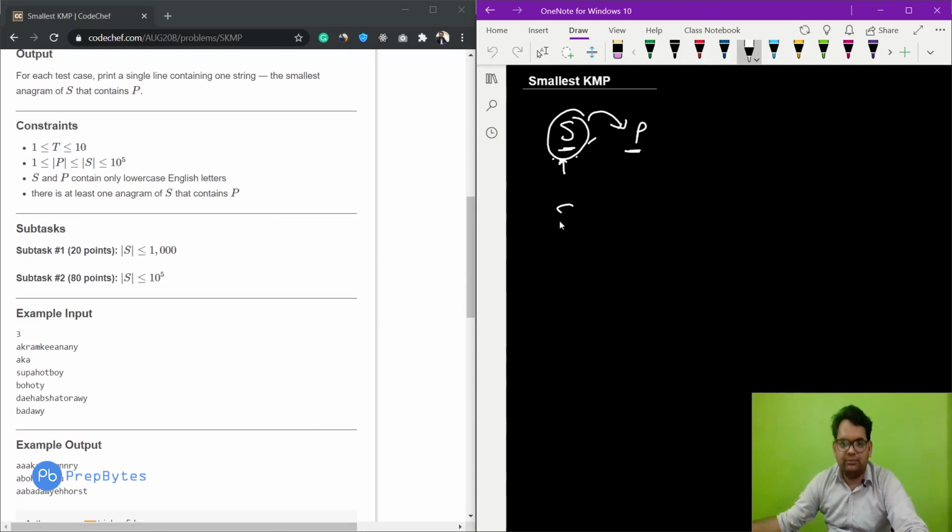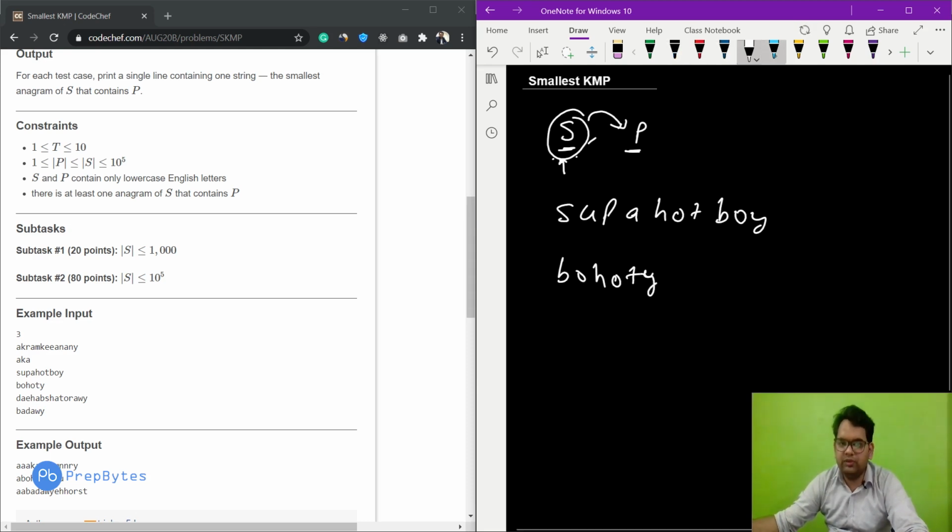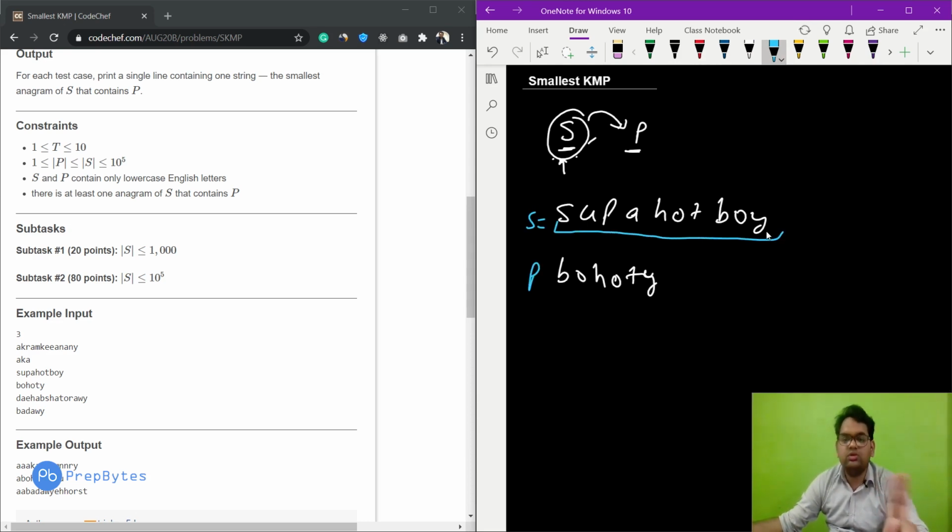For example, if this is SUPAHOTBOY and BOHOTY, this P is my pattern and S is the string. We need to move the characters of S in such a way that P becomes a substring of S, and whatever final string we get should be lexicographically smallest.